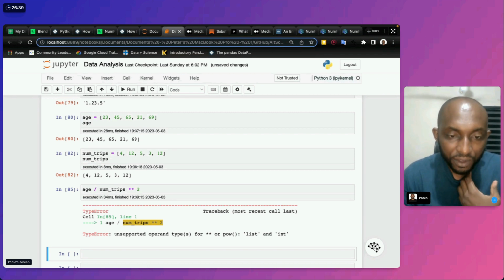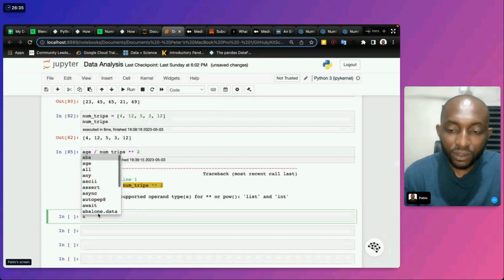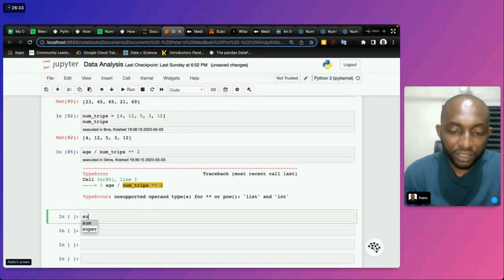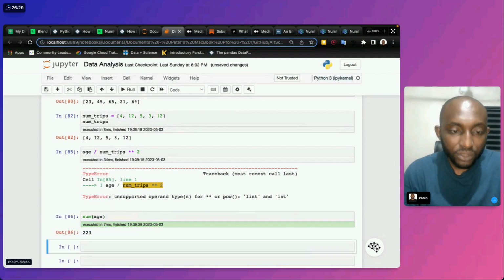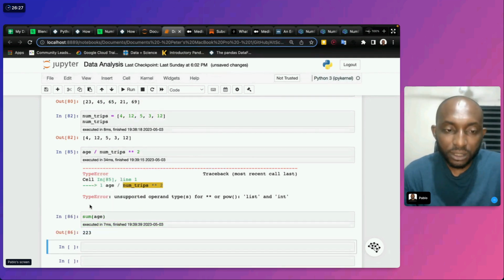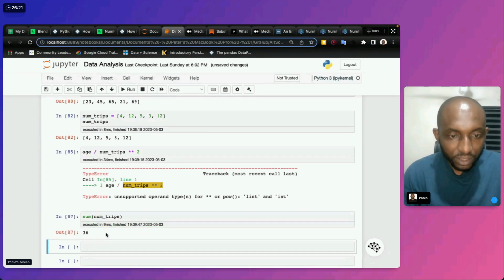Because if we look at age in itself, they're all lists. What if I decide to do sum, open bracket, age? It's just going to give me this. If we say num_trips, it's going to give me 36.